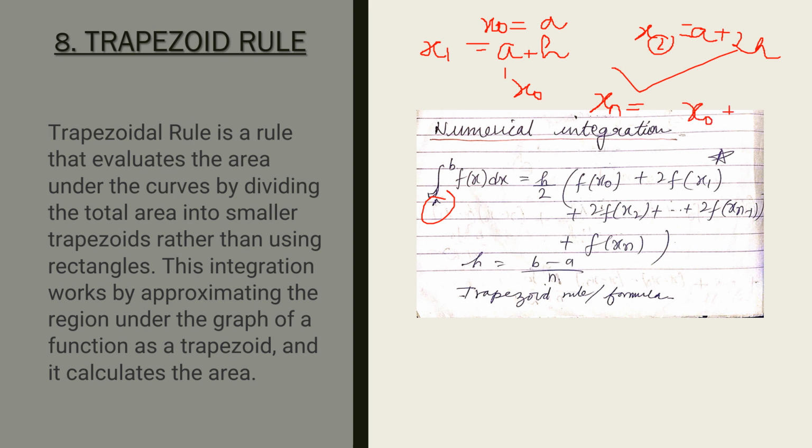So basically we can get xn equals x naught plus nh, and what will this be equal to? Nothing but the final value, which is equal to b. So this x naught, x1, x2, dot dot dot xn can be calculated by adding the previous value to h. Okay, and then you can calculate f of x naught. How? f(x) will be given in the question, so you can just calculate this, and simply use this formula and you'll get the desired integration answer.